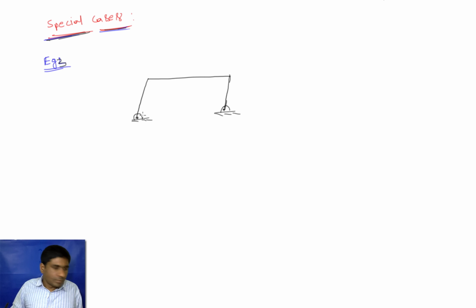The next example is the parallelogram linkage. So in the parallelogram linkage, for example, if I connect this one, and this is 1, 2, 3 and 4, in any parallelogram, what is the property of a parallelogram? Opposite sides are equal and parallel. So here link 1 equal to link 3 and link 2 equal to link 4, and these two are not only equal, these are parallel. So when I calculate degree of freedom for this one,